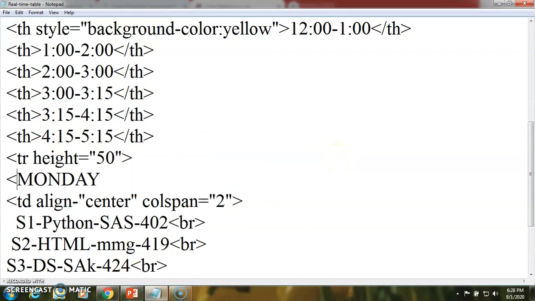With this we can have the specific notation that is added in the table data. We are specifying table data as TD, then the alignment for that cell. Normally we take it as center.